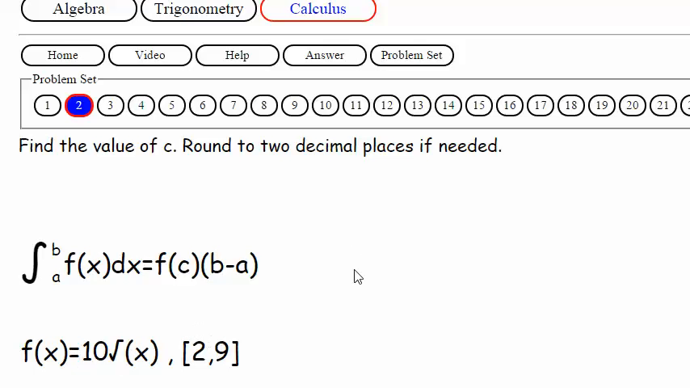We're going from 2 to 9. Okay, I'm going to make sure. What are we rounding to, 2 decimal places if needed? So this is what we want to do here. The mean value theorem guarantees that, as long as f is continuous on the interval, in the interval 2 to 9, there's a c somewhere in here such that